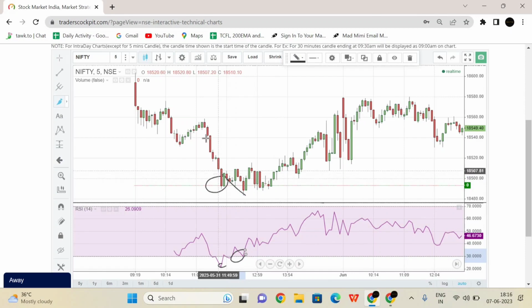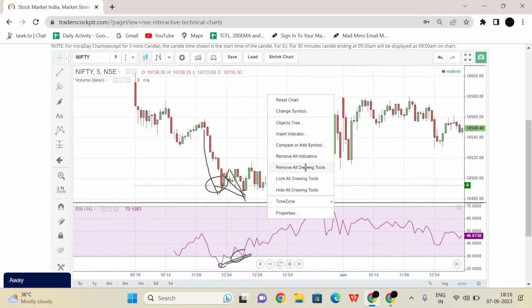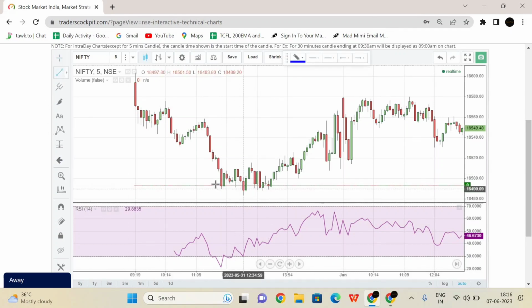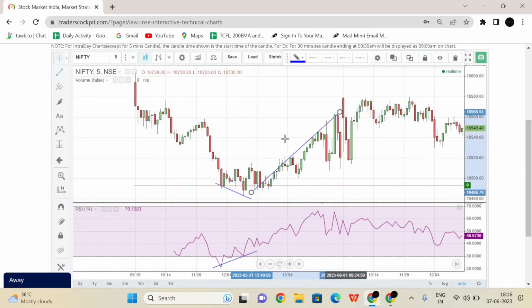Here, see, price is making a lower high, lower low. The closing is below the previous close, but RSI is making a higher high. Price is making a lower low, RSI making a higher high. We call this RSI classical positive divergence, and people call it a divergence trading system. So here we look for a buying opportunity. When RSI classical positive happens, we look for a buy opportunity and the market will go up, as it happens here, right?